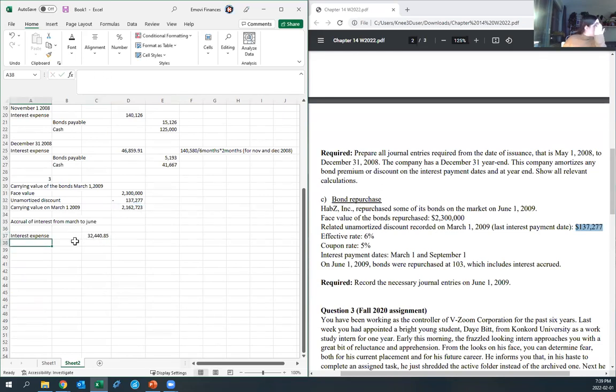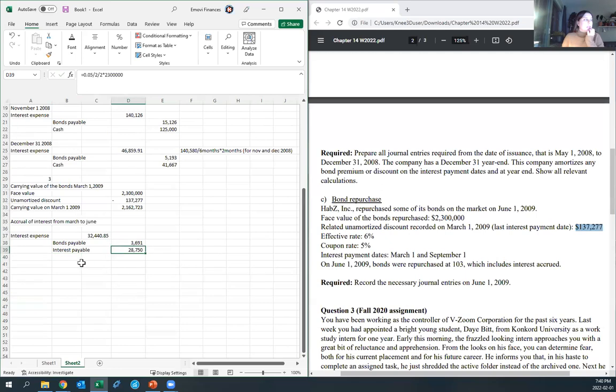That gives me 32,450. And then I'm going to record my bonds payable, and that's going to be a plug. And an interest payable, which is the amount that we find with our coupon rate, but I put it as payable because it's not a payment date. They're not paying any interest to bondholders on June 1st. So the interest payable is going to be 5% divided by 2 for the 2 payment periods, and divided by 2 again, just to find March till June, times the face value of 2.3 million. And then you have a plug amount of the difference between the two, of